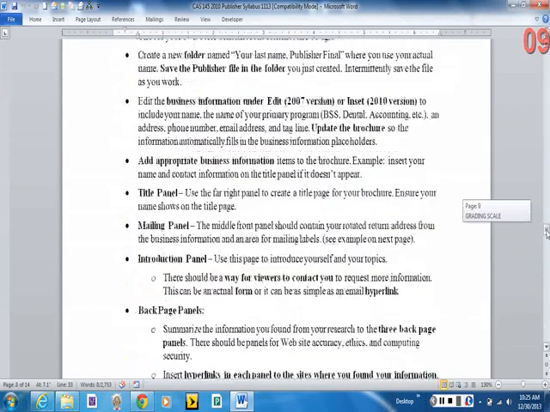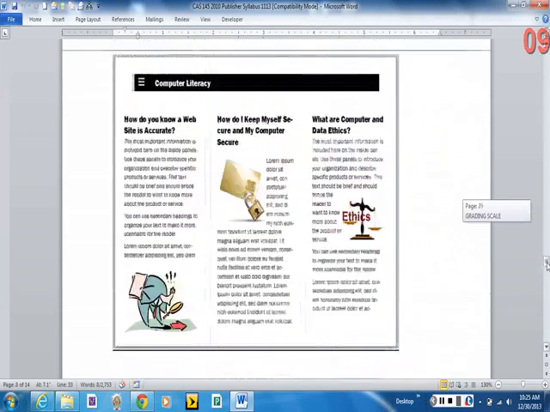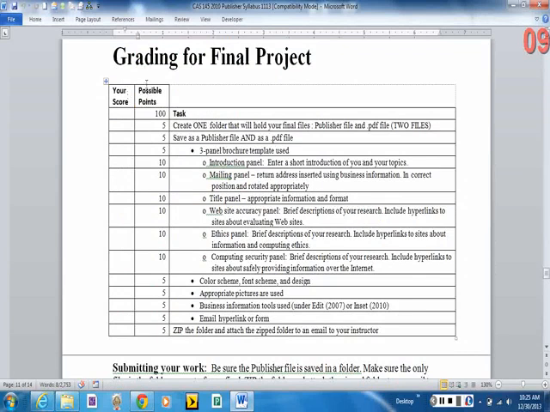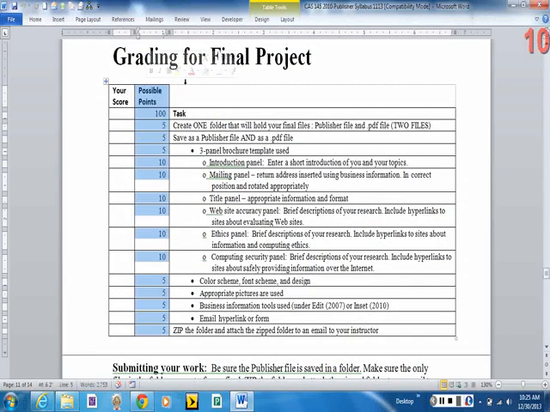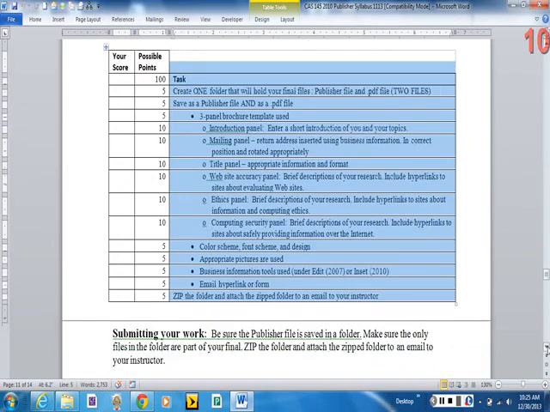Now there's instructions here, but what I do want to tell you is that there is a little grid here. It tells you what the possible points are for the different tasks that you need to complete, and what the tasks are. This little grading table is really helpful so that you can make sure you get everything done that you need